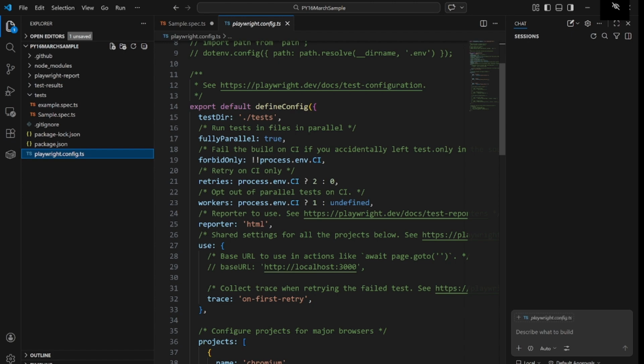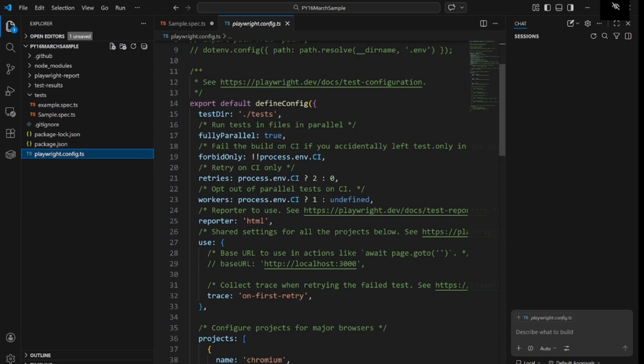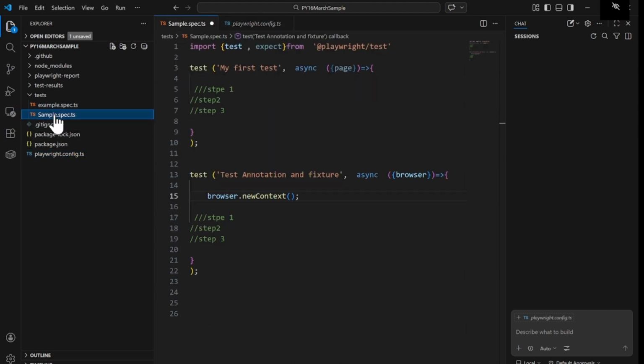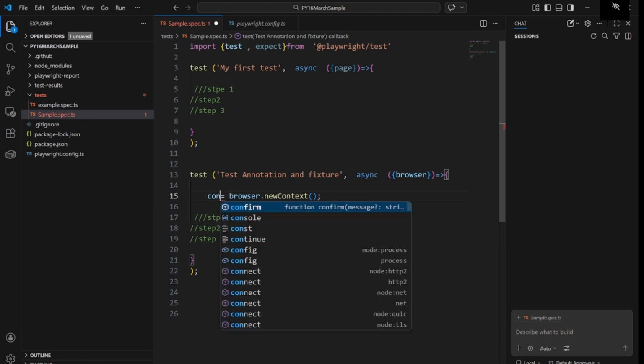In the initial days I already provided some of those details, so you can go to my channel and see them in the video section. Let's try to understand and focus here only. So browser.newContext. Now we have to store this in some variable, so that you can call it as context.